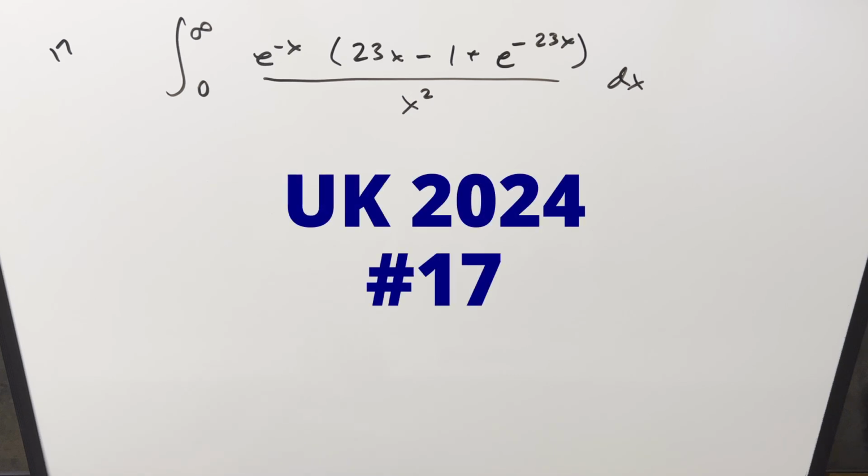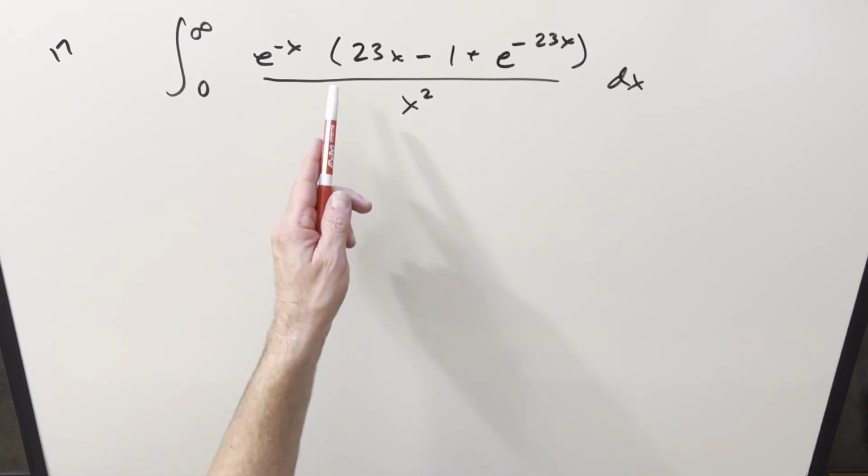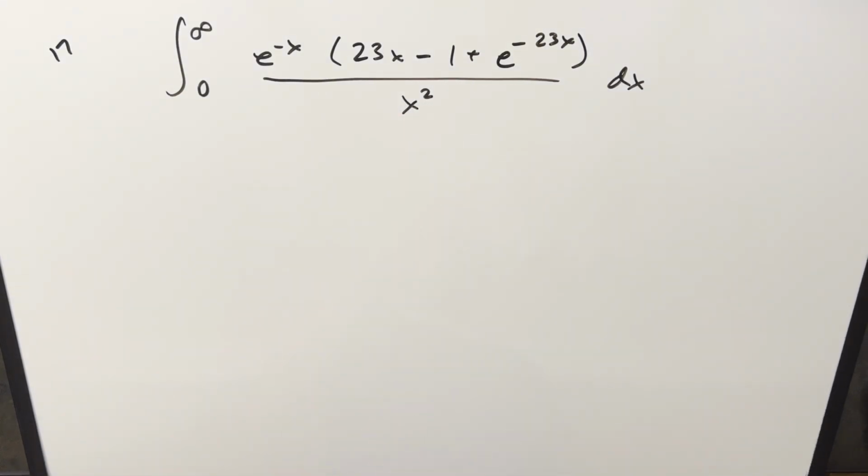Okay, we have a good one here today from the UK integration bee 2024, number 17. We've got the integral from 0 to infinity of e to the minus x times all this stuff over x squared dx. Okay, this is a problem that I already did a few days back, but I got some interesting